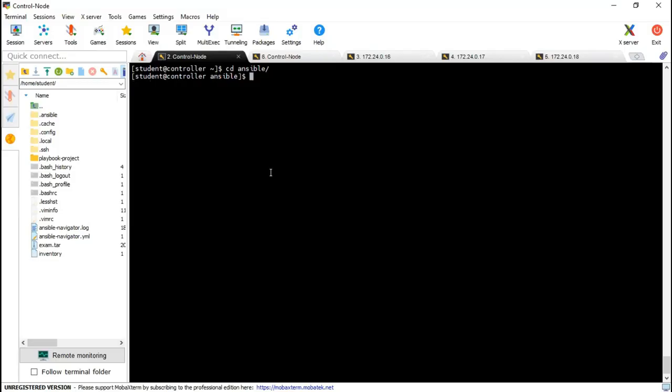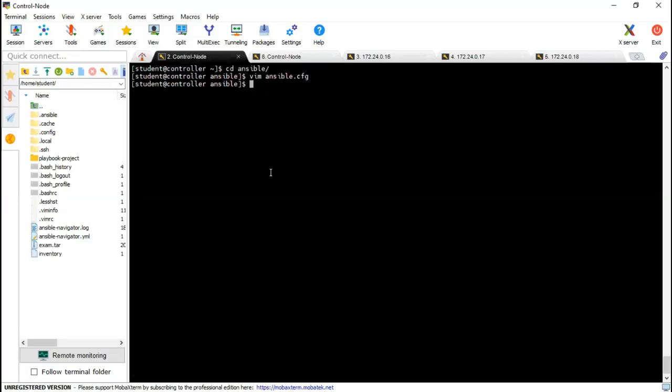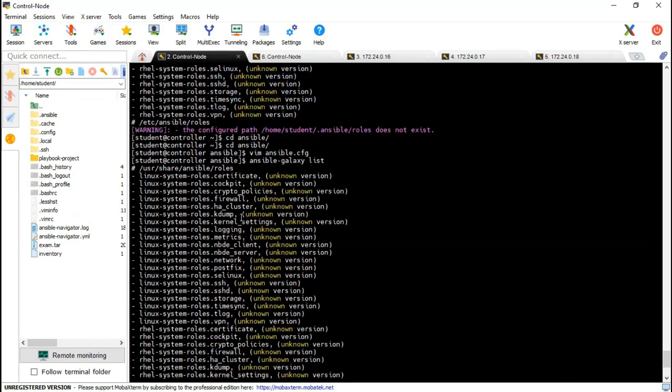Just come out from that folder and you will find the path there. Now, if I edit ansible.cfg, then I can set the path there. Done. If I now try ansible-galaxy list, I should be able to see all this.